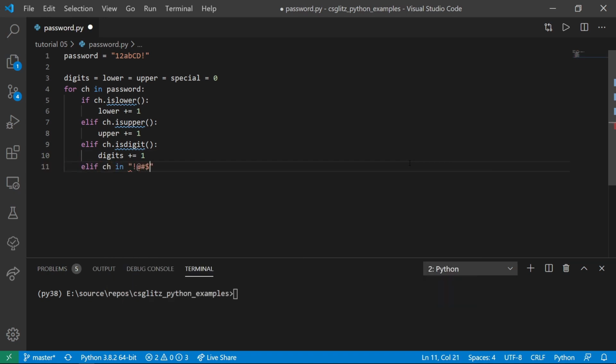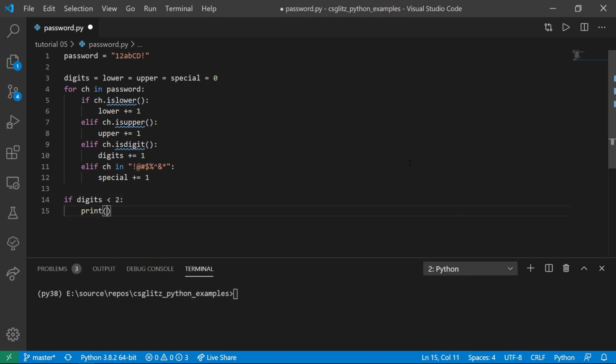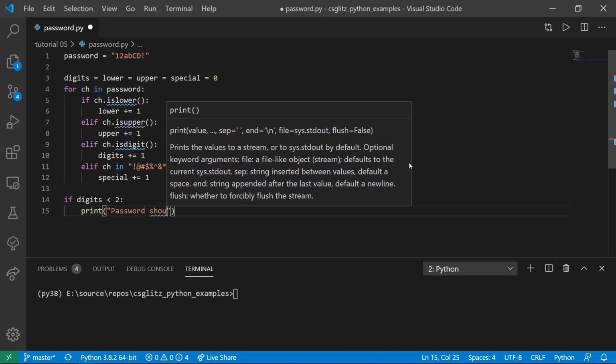Special characters are these characters. We will notify the user of what they are missing.